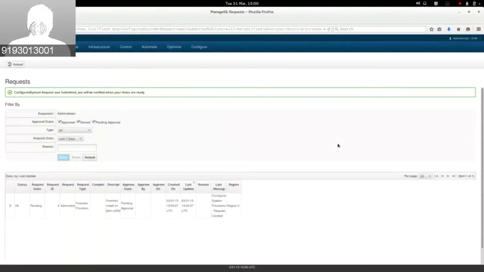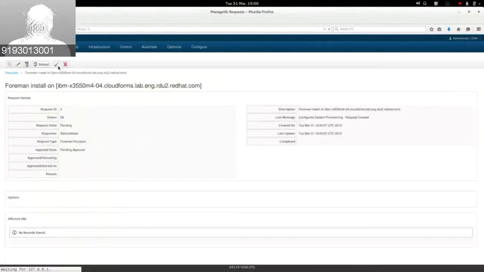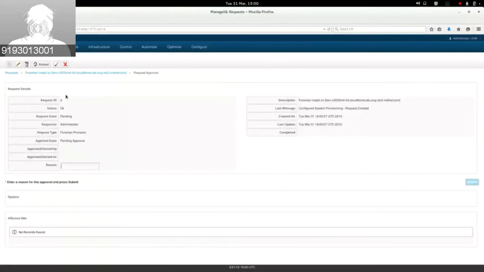When the request is created, we turned off auto approval because we're going after bare metal systems and you don't want to re-provision a box that's in use right now. So it's just an additional safety net. Right, and that's wired in Automate, so it's actually there, and you can comment it out if you wire your Automate logic to do what you need. Once you approve it and give your reason, then